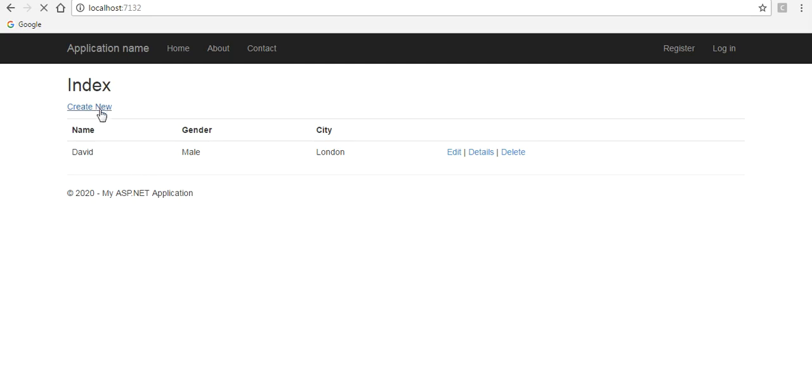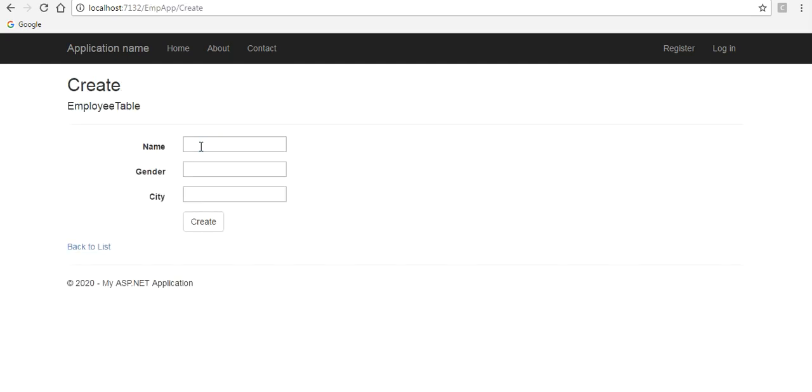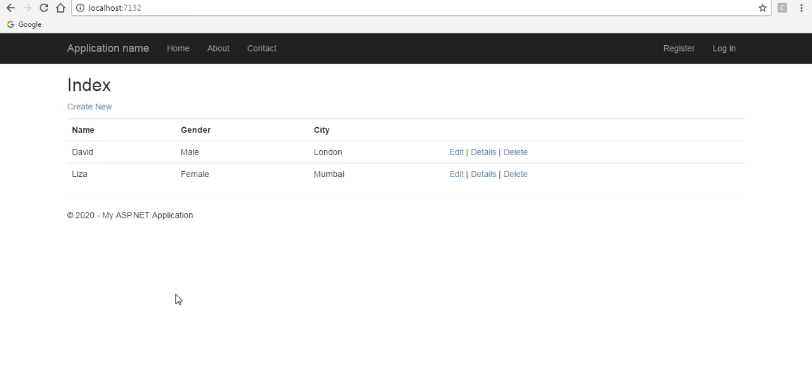Now again just click on create, add one another record. Again click on create. Now you can see this edit details delete link over here.